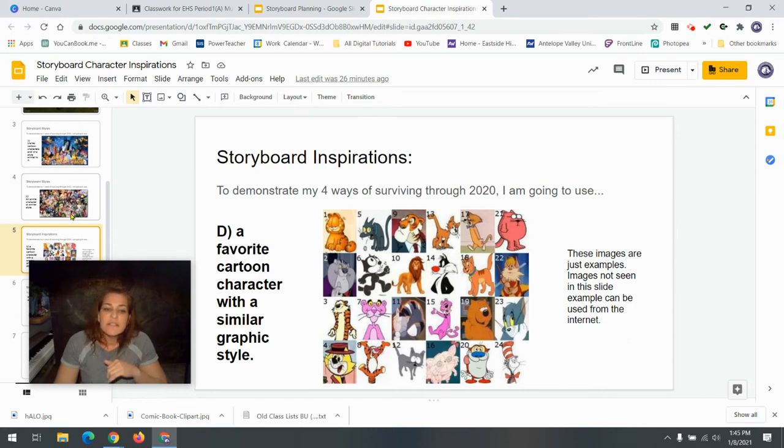Option D. So if you're like me, I grew up in a certain era where we didn't have all of the video games that we have today. We didn't have all the cartoons. Basically, that's part of the problem, I didn't grow up with Disney because I was from a different generation, even though we had some of the older movies.